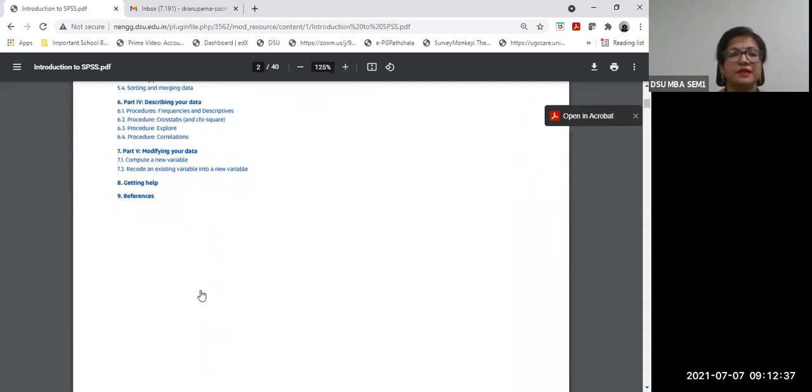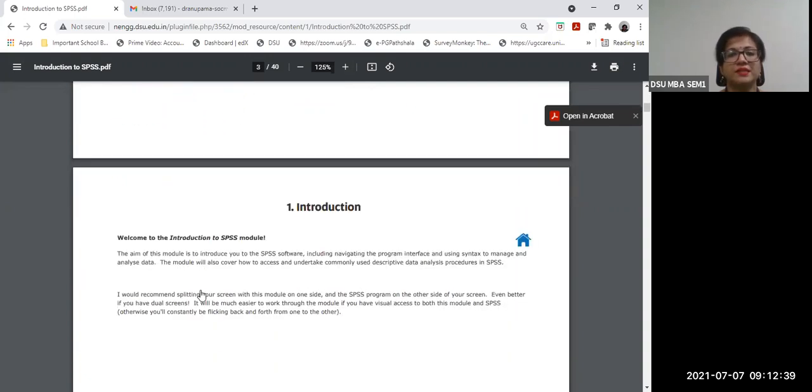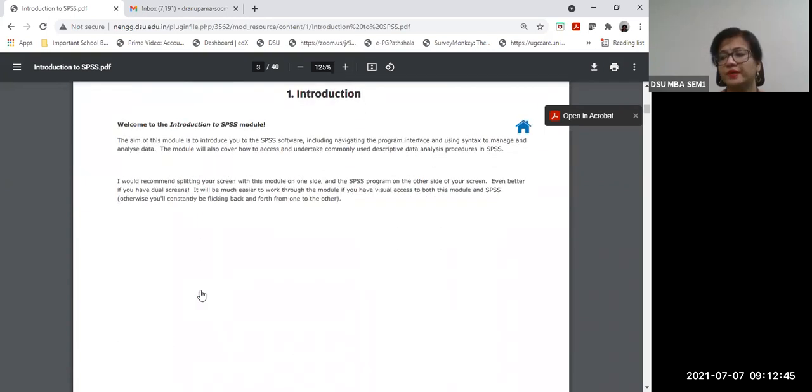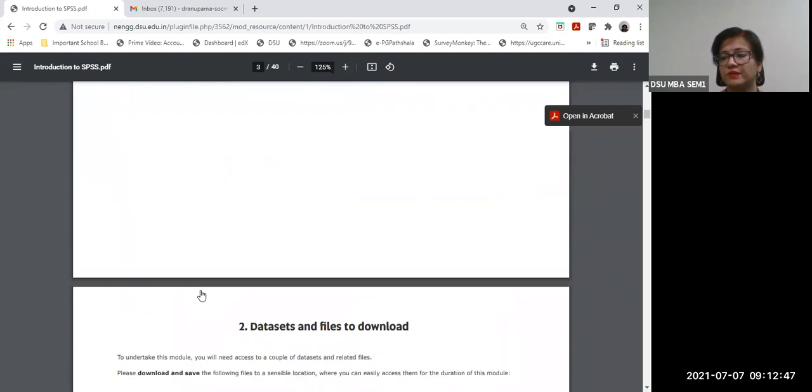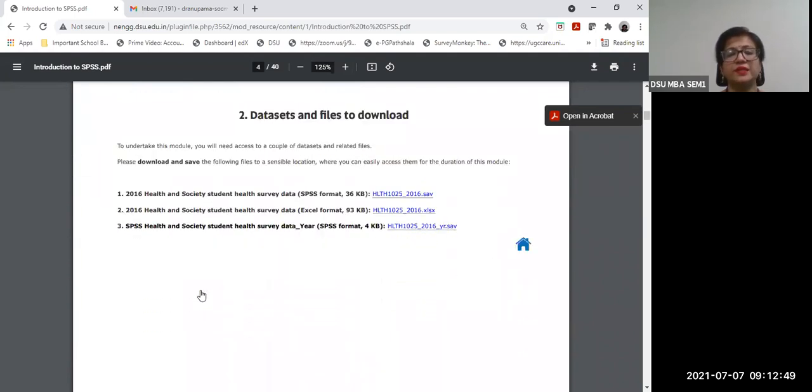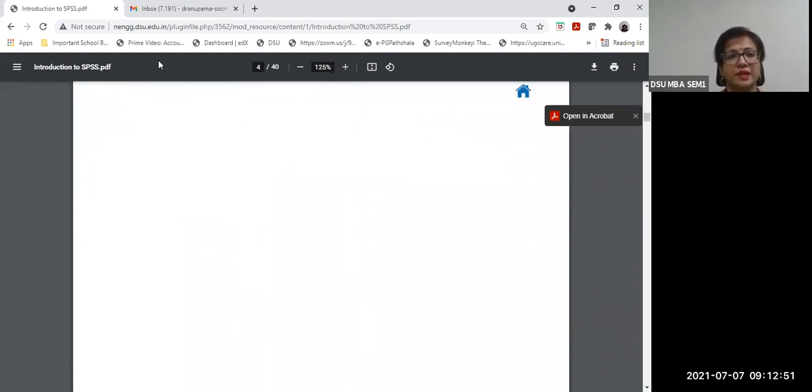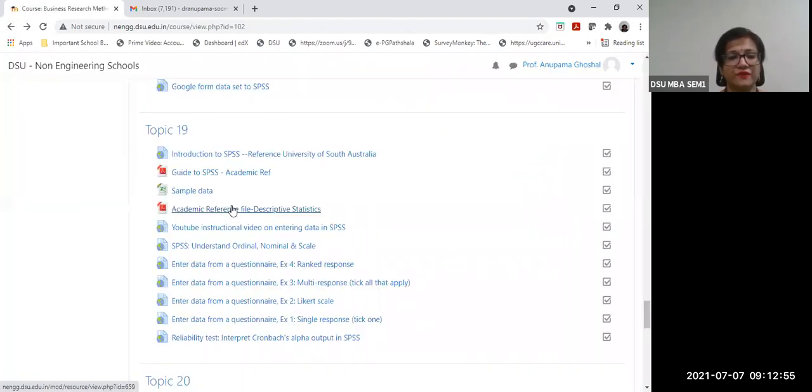All right. So the entire thing, what is there in the website, is in a textual form, in the form of a printed book. All right. Should you wish to take a printout, or if you want to take a soft copy and keep it and read it as you go, so all that can be done. So this is available, all about SPSS, for reference beyond the class.